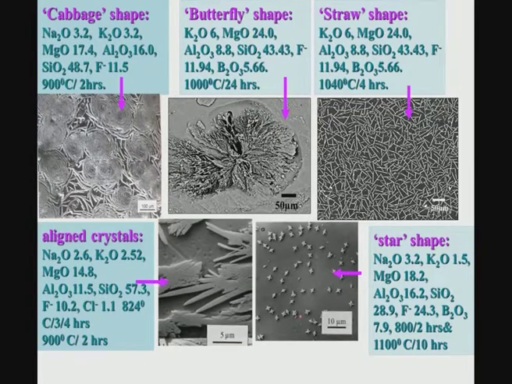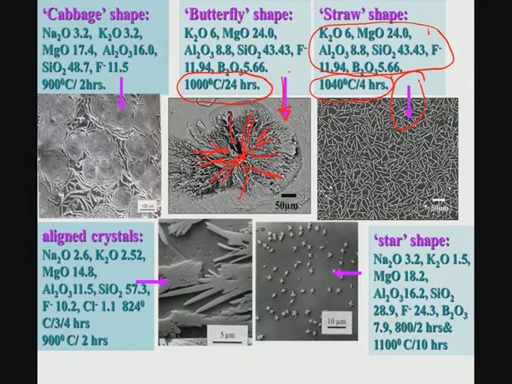Now, in one of our recent works, we have observed that depending on the composition of the base glass, you can indeed have control on the morphology of the glass ceramics. The straw shaped morphology was obtained from the same glass composition heat treated at 1040 degrees Celsius for 4 hours. But if you do the heat treatment for a longer time from the same glass at 1000 degrees Celsius for 24 hours, we see what we call butterfly shaped. This is the nucleation point, and then all the crystals grow in a very unique manner in different directions, giving a butterfly shape.